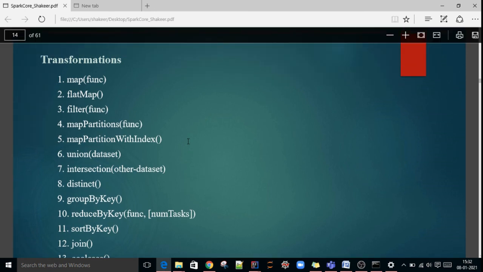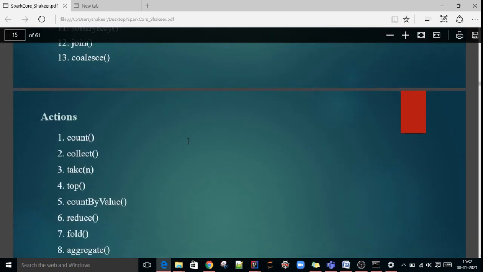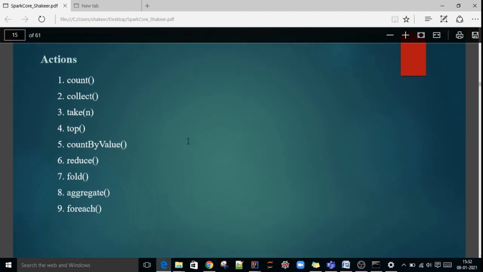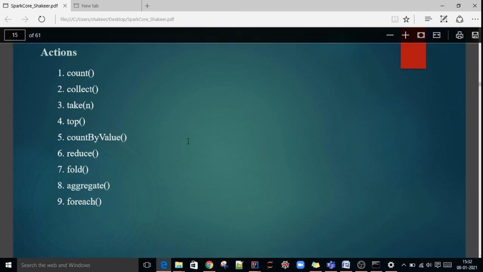All these we will cover in upcoming videos. These are the main transformations. Some actions: count, collect, take, top, count by value, reduce, fold, aggregate, for each. We will discuss all these actions in upcoming videos.